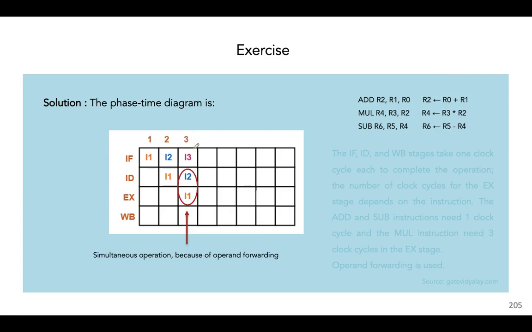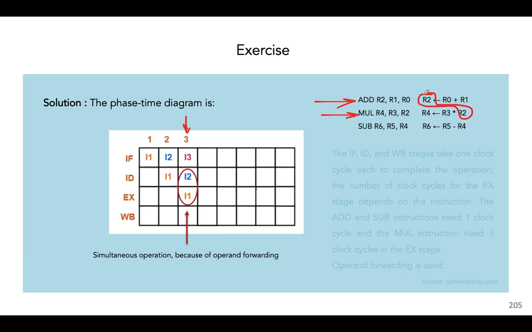This is possible because of operand forwarding. You see, we discussed operand forwarding before. Without operand forwarding, there are stalls in the pipeline. Until I1 finishes its execution, I2 will not be able to move on to the next phase. It will have to wait. But because of operand forwarding, we can see that during the same clock pulse, while I1 is being executed, while addition is being done, this instruction has moved to its decode and operand fetching phase,